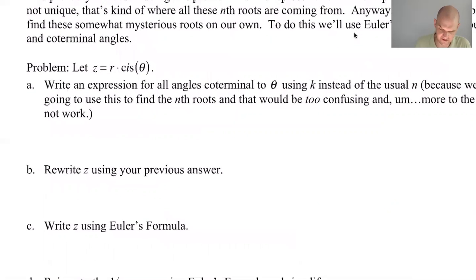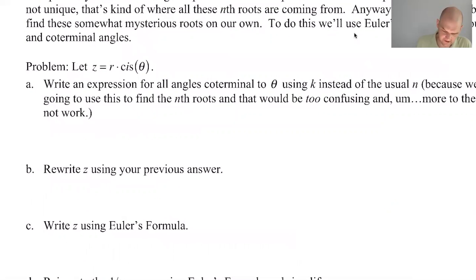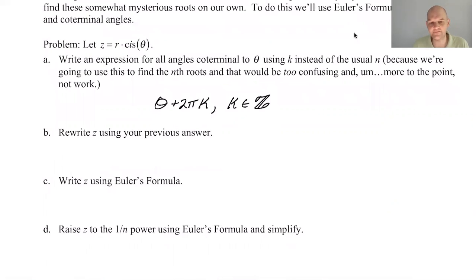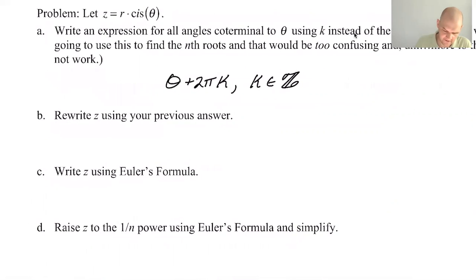So I'm going to say we could do theta plus 2 pi k, where k is an element of the integers. These are all of the angles that are coterminal to theta. Just keep adding 2 pi. So that means z can really be thought of as r cis of theta plus 2 pi k, where k is an element